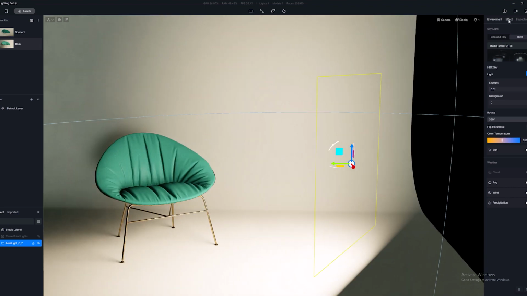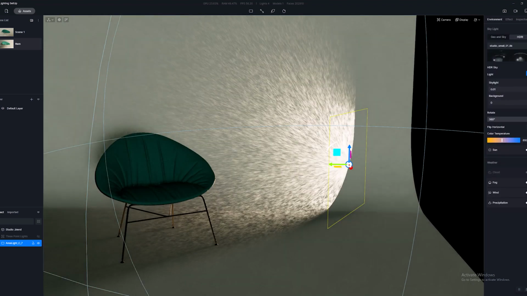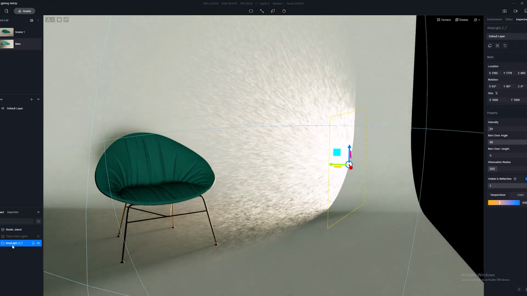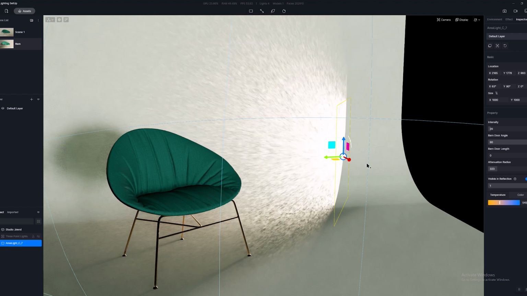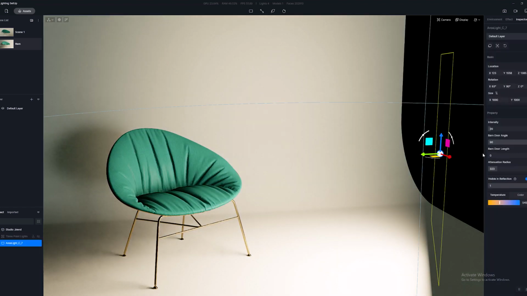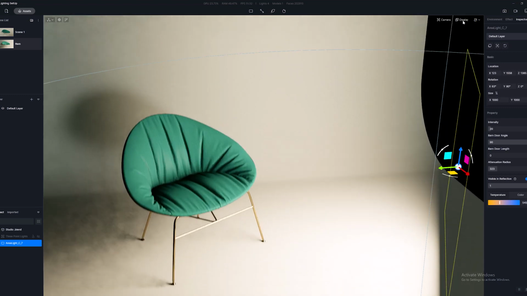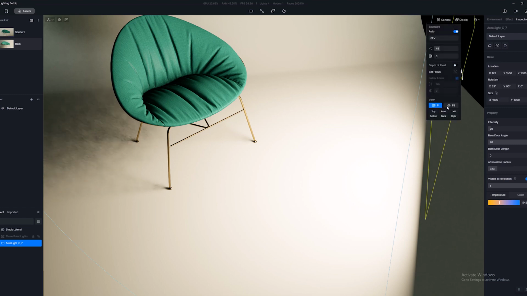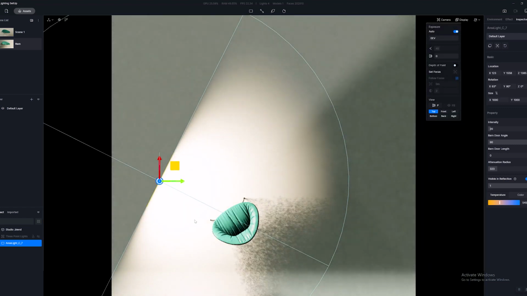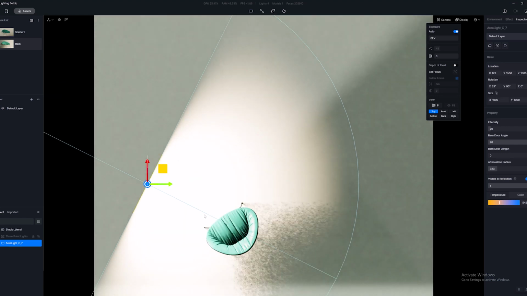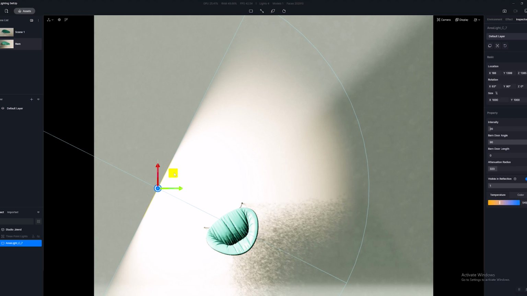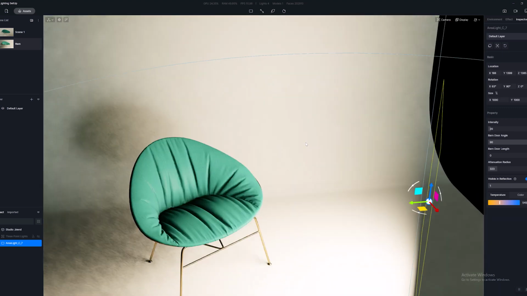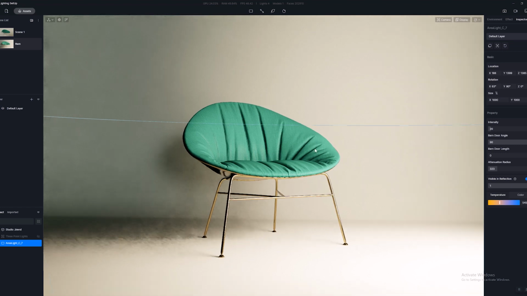If I click on the light, where's my little light gun? Go ahead and click on the light here. We can take a look at some of the settings for this. Let me move that back. There we go. You can see the intensity is actually quite low. For the positioning, we can go up here to display, I'm sorry, camera, and go to top, and you can see our light is at about a 45-degree angle, shooting light towards our object. Now if we go back to our stored camera here, Rembrandt,